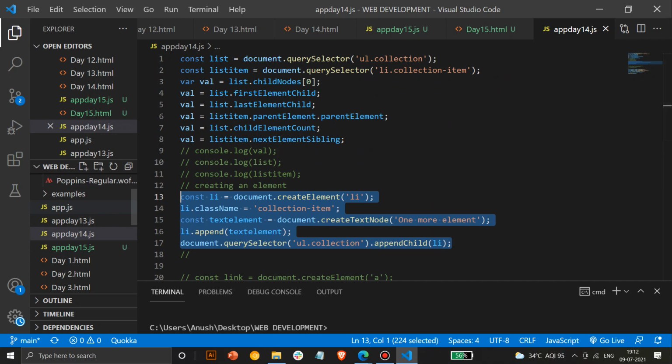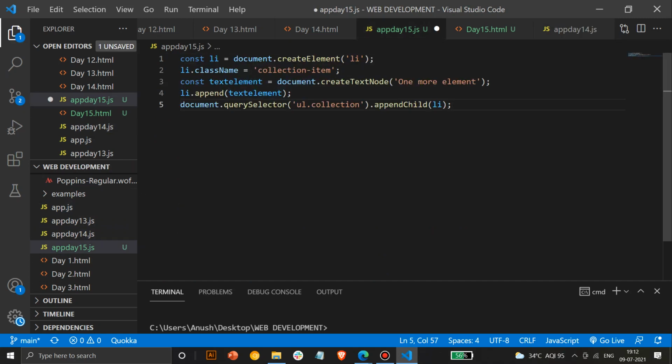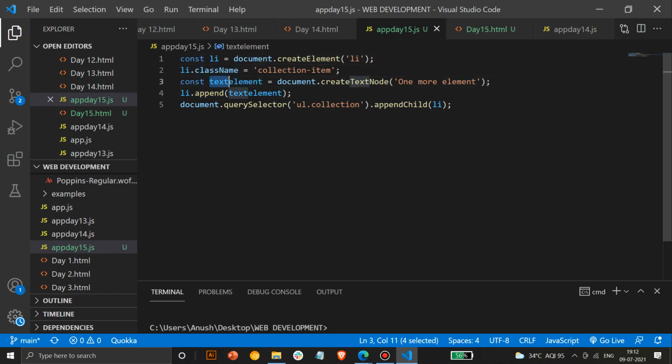So what I'll do is I'll take this code, and if you guys have missed yesterday's class, this is the important code which was taught. So here, using create element, I've created an li, and I've given a class name to it. This is not a compulsory method, but if you have to add a specific class, if you have created using HTML, you can do that.